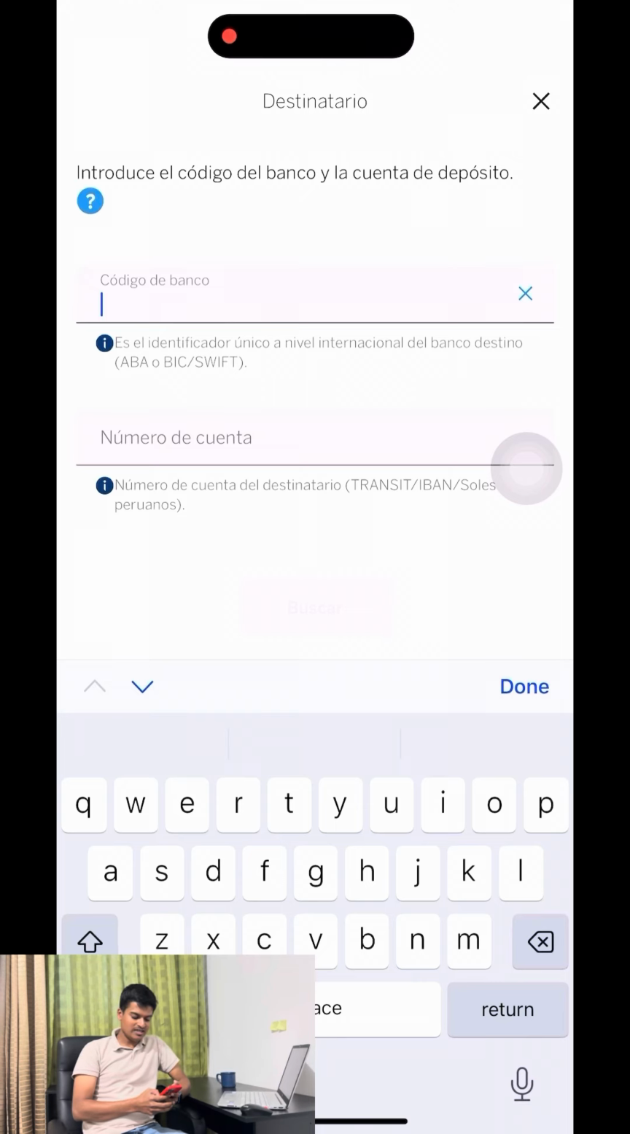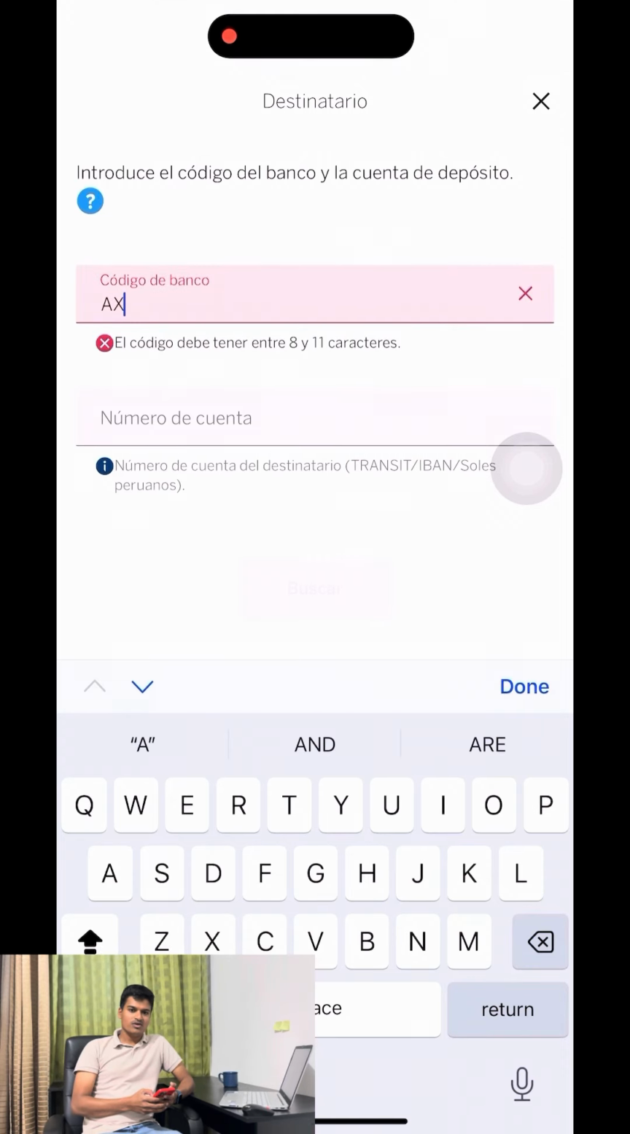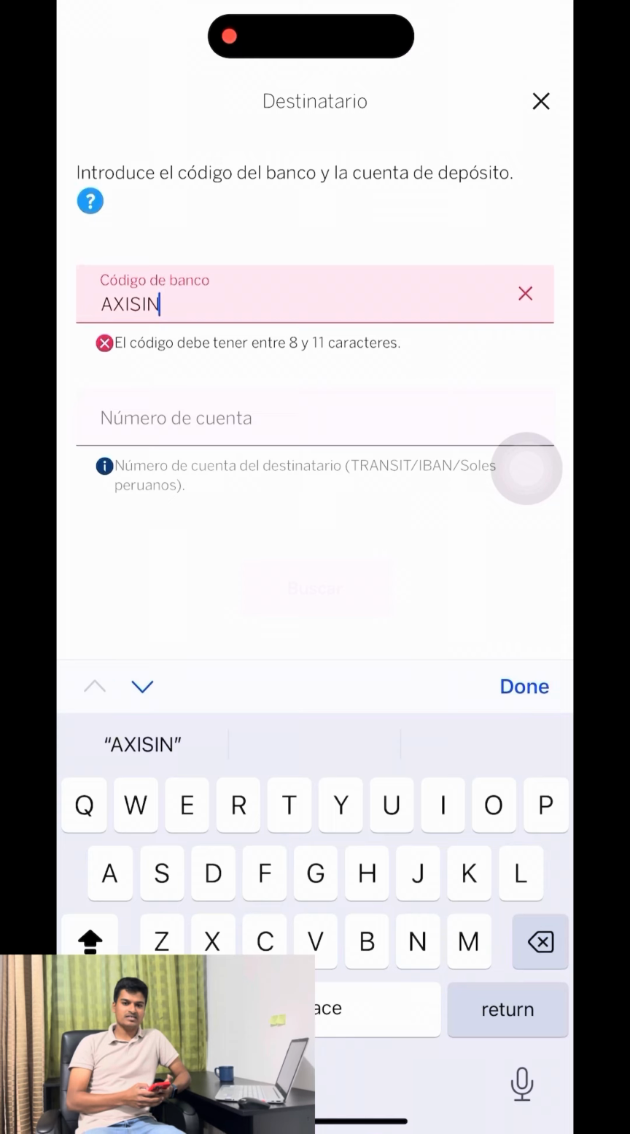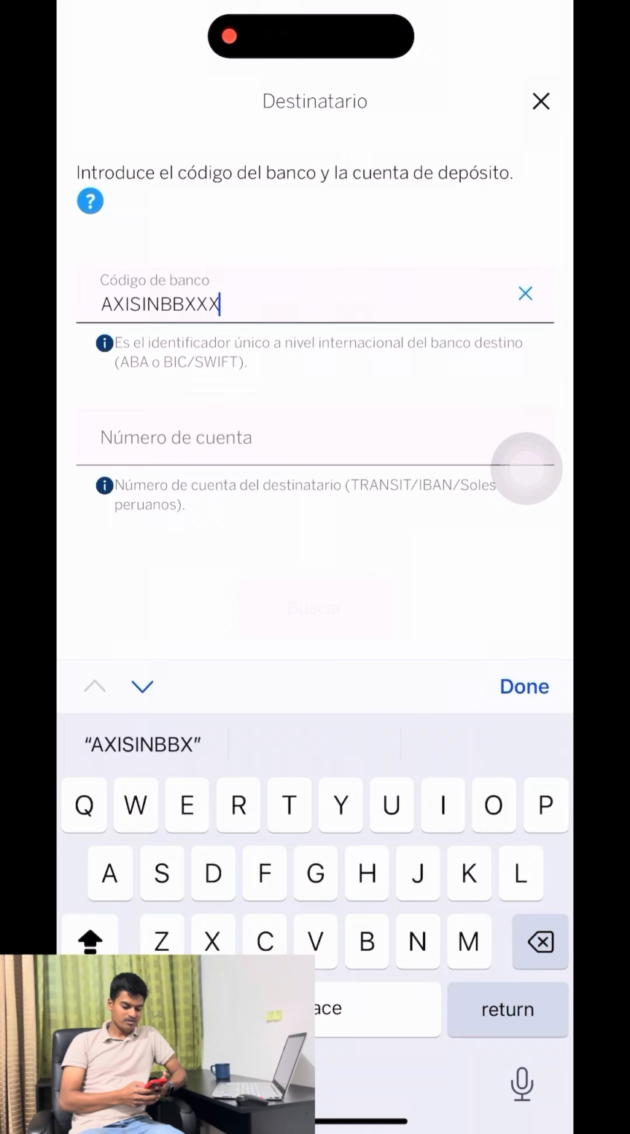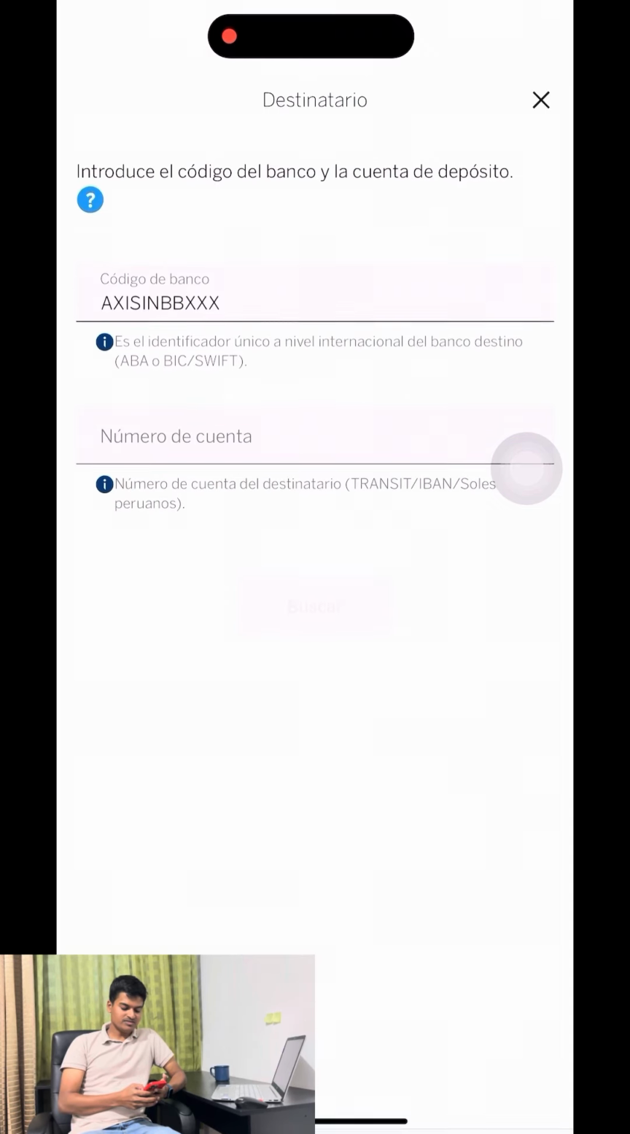So once you click on the add recipient button, there is an option to enter the SWIFT code. In order to look out for the SWIFT code, you can do a Google search with your bank name. Say, for example, in the example which I am taking into consideration in this video, I am going to take Axis Bank and search for Axis Bank in Google, with which I have got a SWIFT code. Enter the SWIFT code of your particular bank,